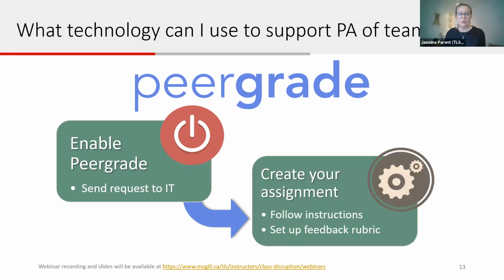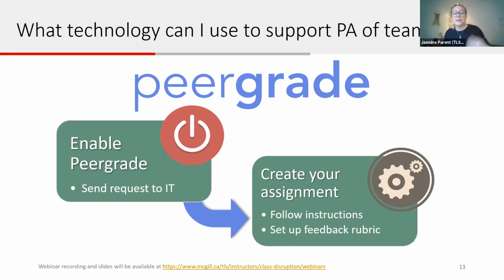Okay, so once it's enabled in your course, you can then move forward with using it. To use it for peer assessment of teamwork, you must create an assignment following specific instructions, which we're going to share with you in an instructional step-by-step document, which we actually have posted on the web now. So Carolyn, if you have the link for that document, could you share it in the chat, please? We also have this document on our website where the webinar recording will be.